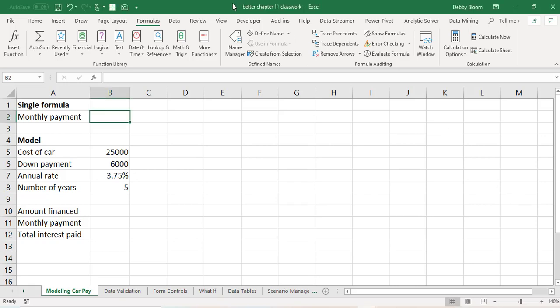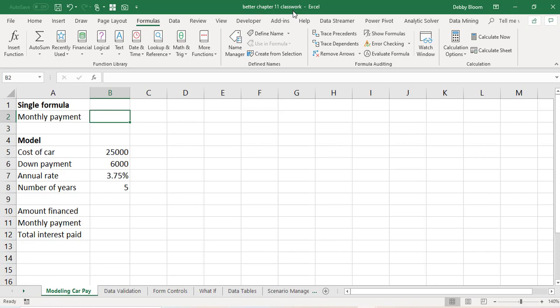In this video, we're going to go through examples 11.1 to 11.12 in your book. If you'd like to follow along, open the Better Chapter 11 Classwork.xlsx workbook from My Courses and click on the Modeling Car Pay Worksheet tab. There are actually 12 different examples of modeling, and if you'd like to go through them, I posted a Chapter